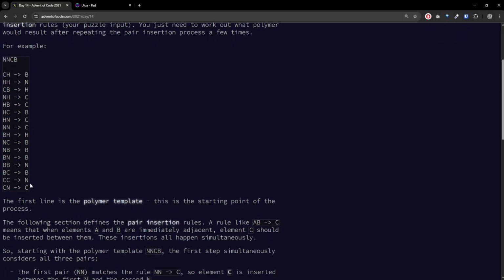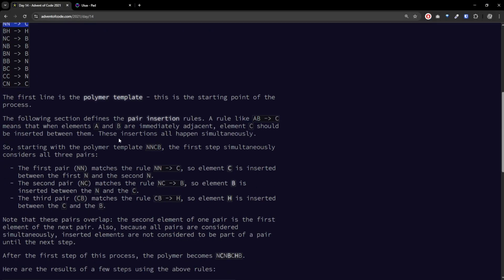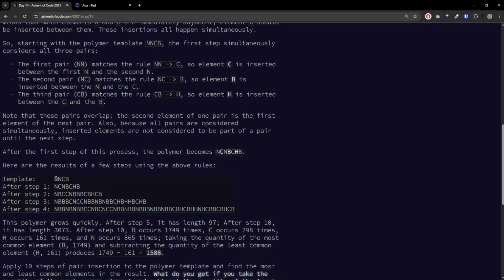And for every pair of letters in the starting string, we need to find its rule in this list. So for example, NN, the rule is here, and we need to insert a C between these N's. So we can see here the first step gets us this NCN that we would expect. In between the N and C, we insert a B, and in between the C and the B, we insert